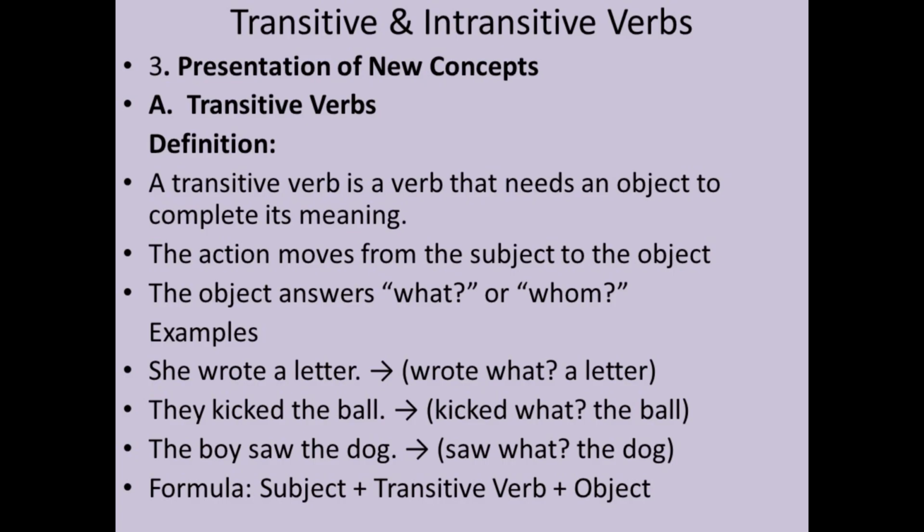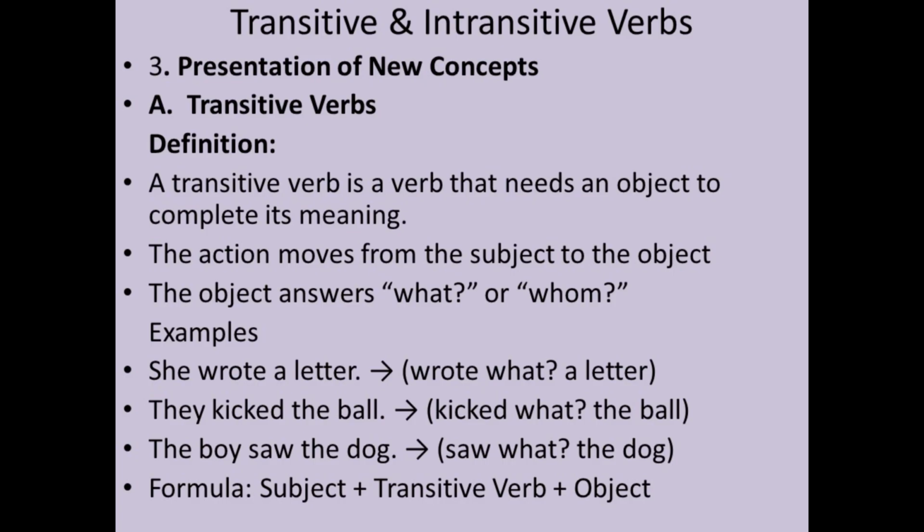She wrote what? A letter. So a letter is the object of the sentence, wrote is the verb, and she is the subject, or doer of the action. So here the action passes